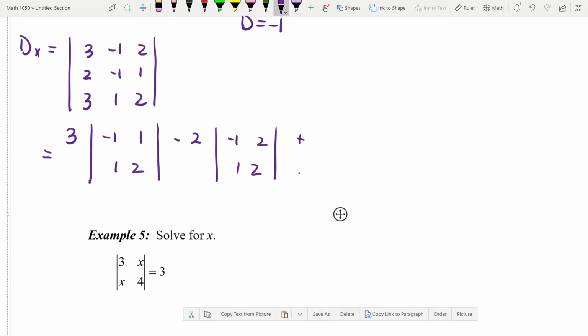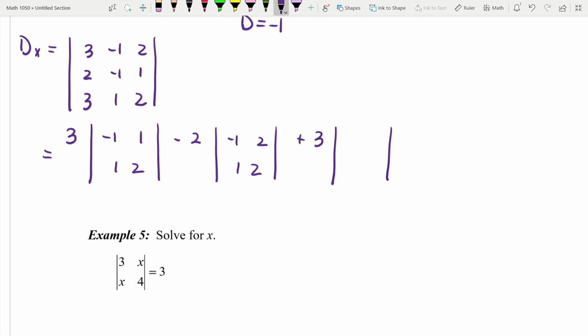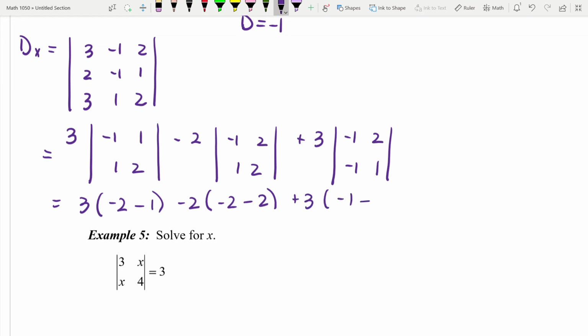Final numbers are 3. Get rid of the row, get rid of the column: negative 1, 2, negative 1, 1. Now you do the cross multiply thing. Negative 1 times 2 is negative 2, minus 1 times 1 is 1. Minus 2, negative 1 times 2 is a negative 2, minus 2 times 1 is 2, plus 3, negative 1 times 1 is negative 1, minus 2 times negative 1 is a negative 2, minus a negative 2 is a